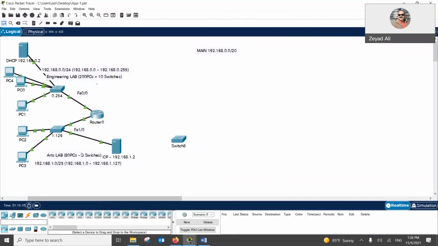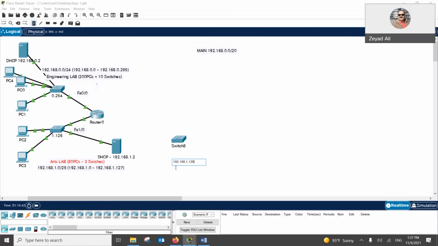And in the medicine LAN, we're going to need only 40 PCs. 40 PCs, what is the best prefix for 40 PCs? /26, 6 bits you need, right? And since we stopped the previous network at, this is our previous network, which was the art lab, right? So we're going to start from the next address. So the new network is expectedly going to be